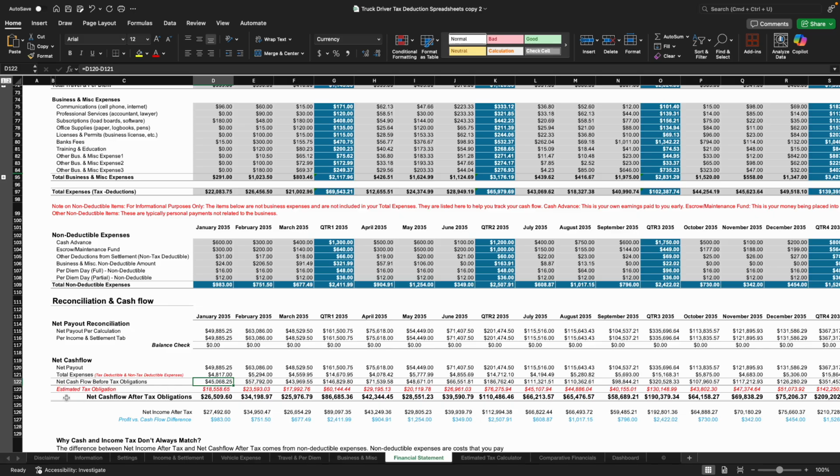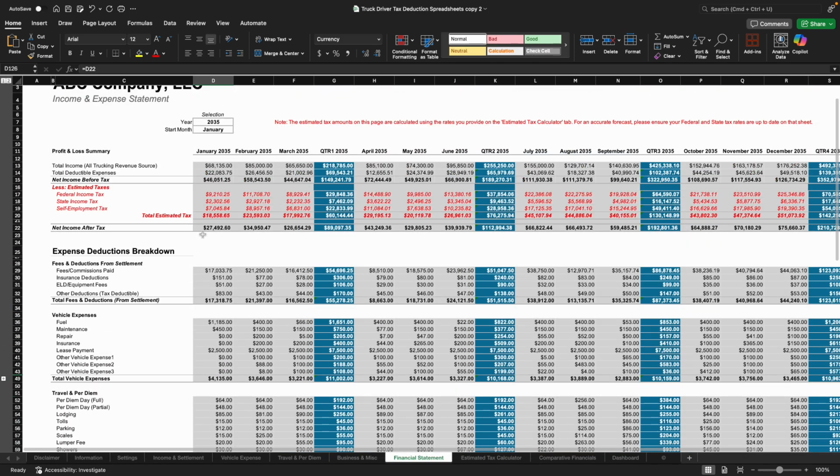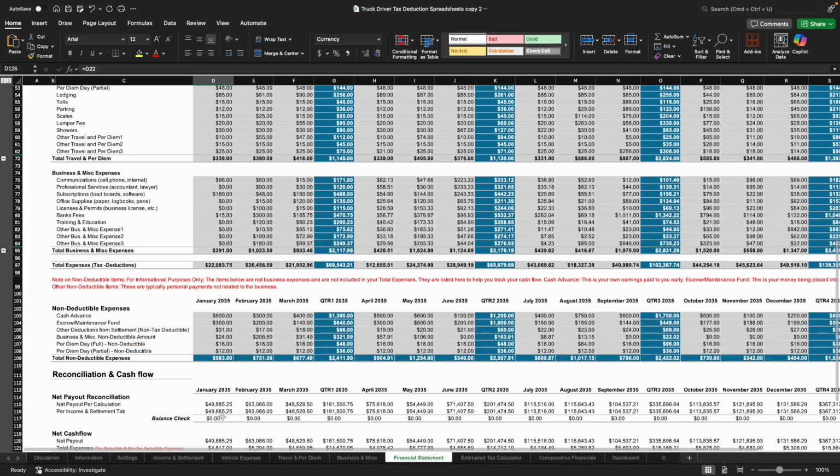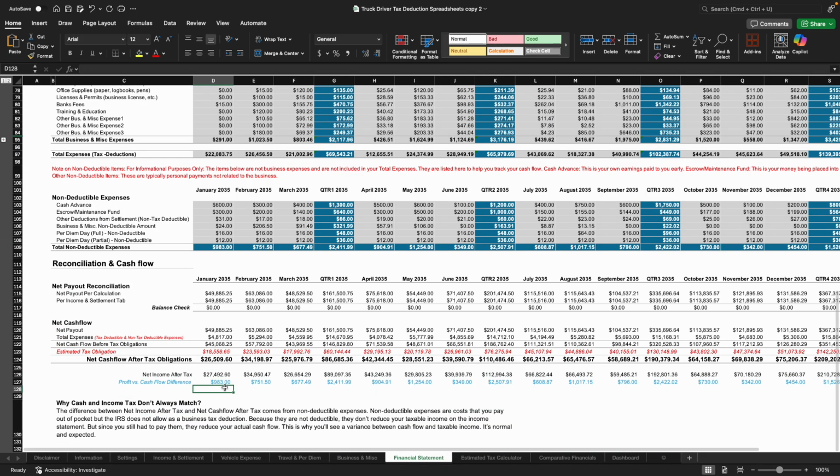So then your estimated tax obligation from the top here that you have to pay, and then your net cash flow after tax deduction is 26,509.60, and you can see it's a little bit different than your net income after tax from above, which is 27,492.60. So the difference you can see here is exactly this non-deductible expenses. So the reason why they don't tie is, as I mentioned,